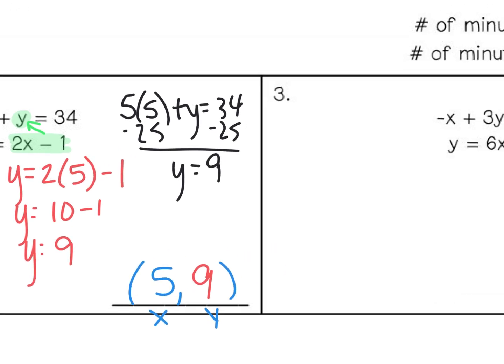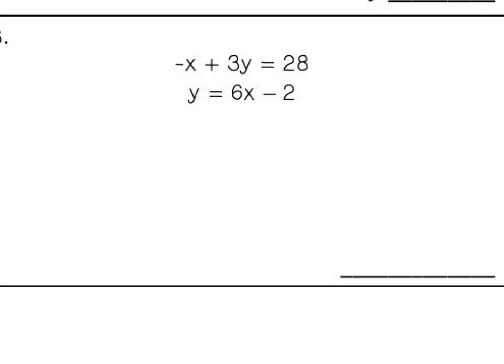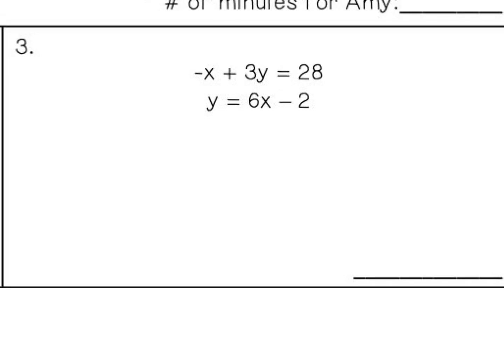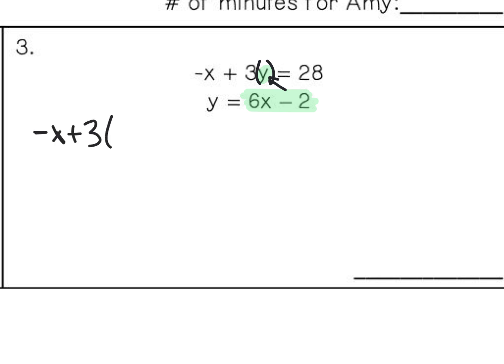Okay, let's try another one. All right, so these are not so easy to change to y equals. So again, we're going to want to substitute. So we have a y equals right here. Sometimes it's y equals, sometimes it's x equals. And we're going to replace the y. Now, I do want you to notice that this is technically 3 times y. So when we replace it, we have negative x plus 3 times, and now we're going to put this 6x minus 2, which is our y, here. So we're only replacing the y, not the 3y,